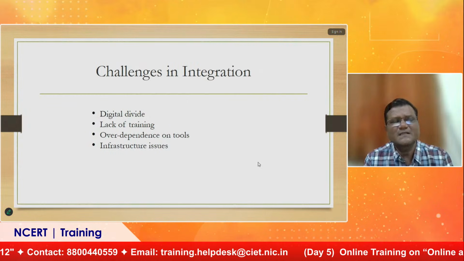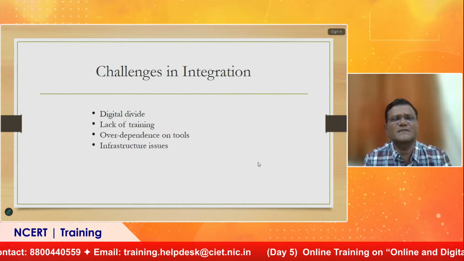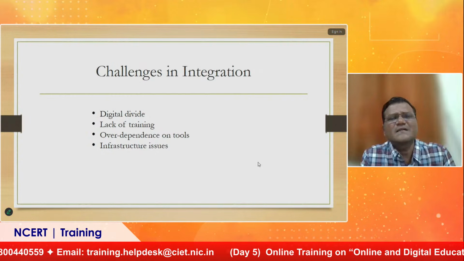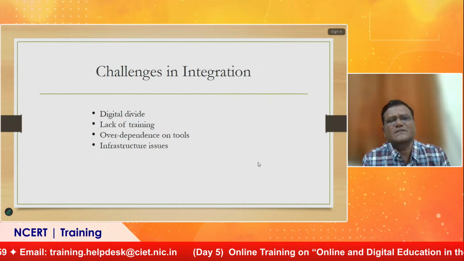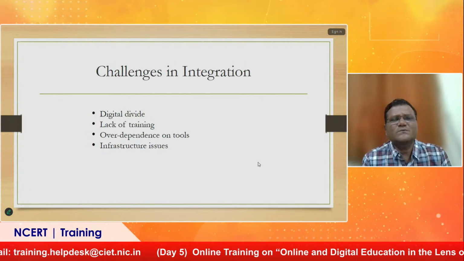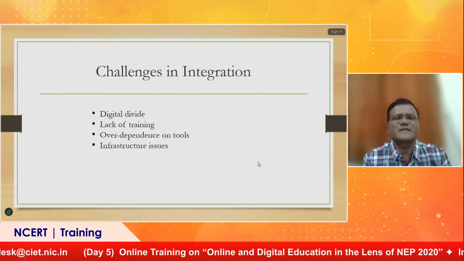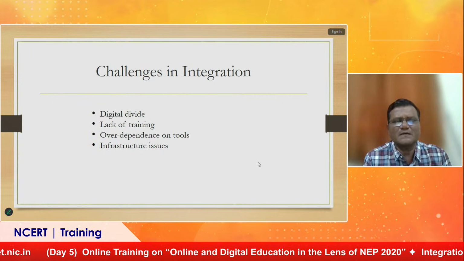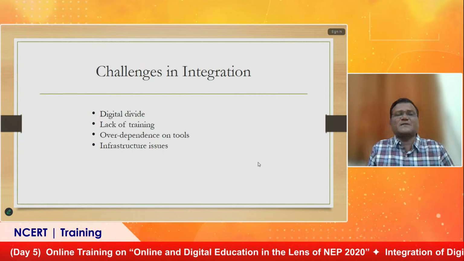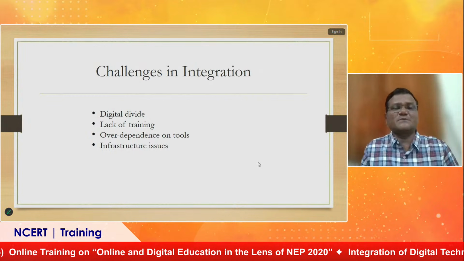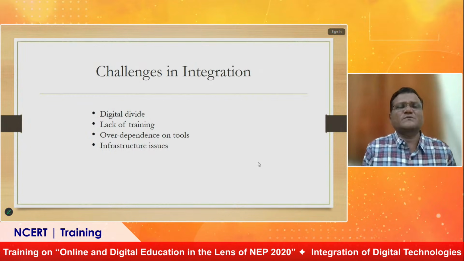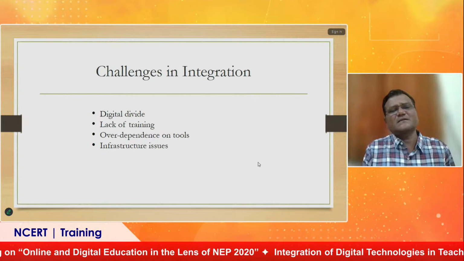If gadgets are not with them, then one cannot use this technology. So it's very important to address this digital divide. It should not enlarge the gap between poor and rich persons.